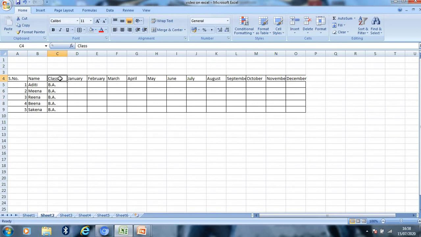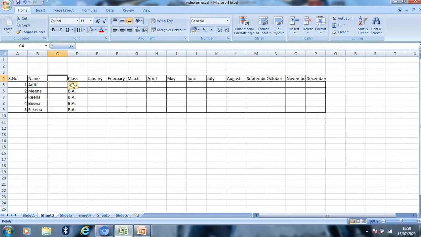If, for example, I want to insert a new column, then select a particular cell to the left or right of which I want to insert a column. So I have selected this cell, and then press the insert button again, then press insert sheet columns.